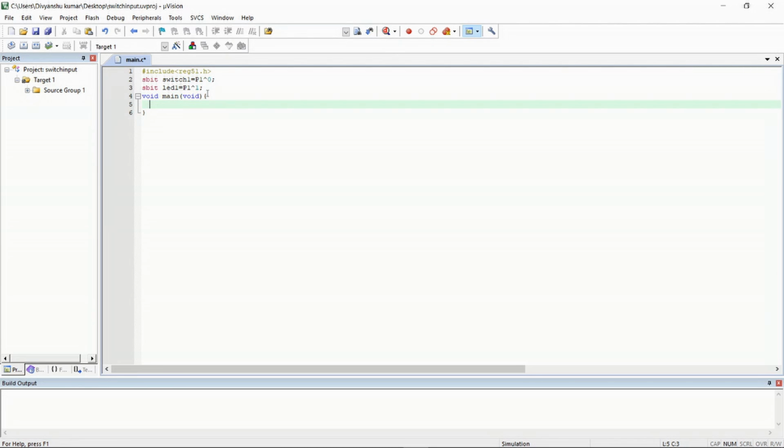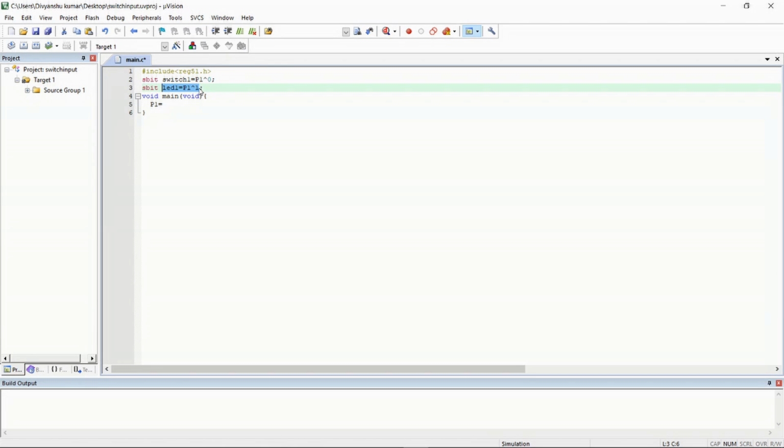Our goal will be that whenever this switch is on, then the LED will be on, or we can also program it to be off, but let us take any one. Let us say that if switch 1 is on, then our LED is off. So let us first declare our pins and port as output and input. We are using only port 1, so let us declare it as input and output according to our need.